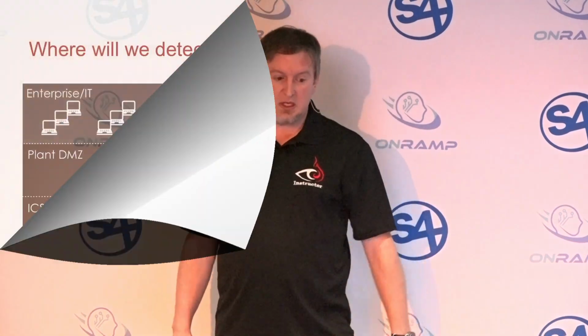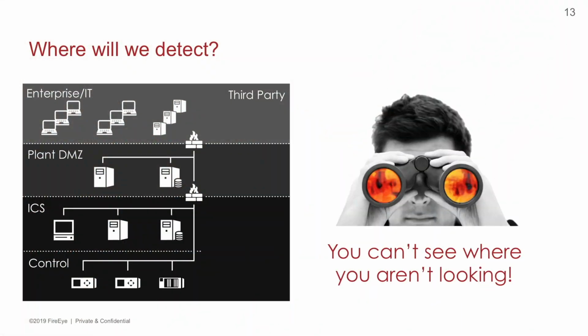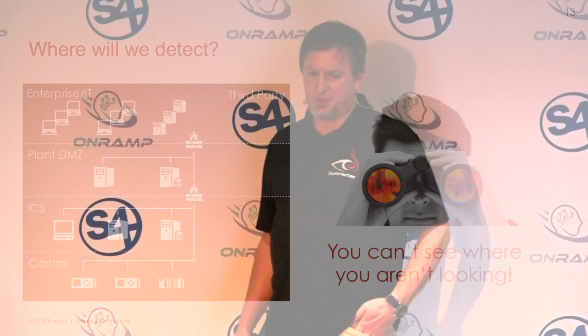And you may not have a budget for it. Some places won't do anything until the attack happens, and then the checkbook opens and we can start doing detection. If you don't have any visibility in your network, you're not going to see any attacks, right? We didn't see any attacks today, but did you look? Well, no. Remember, it's a who, not a what, that is attacking you. You need to have a who defending you as well.